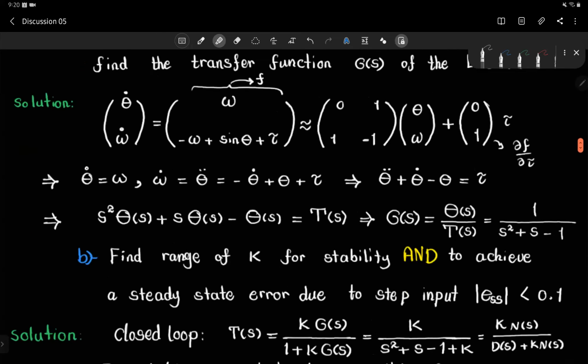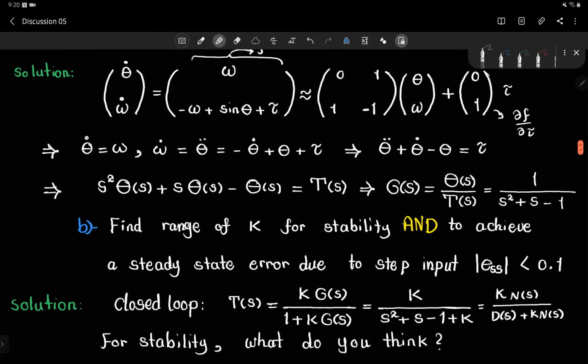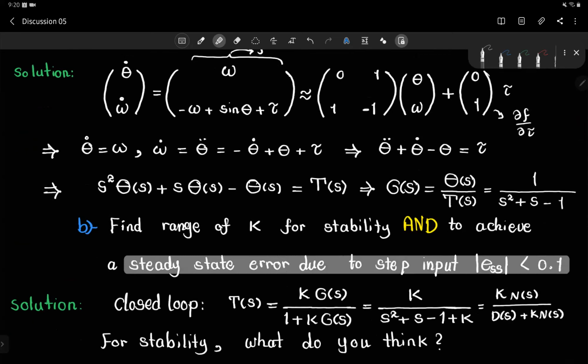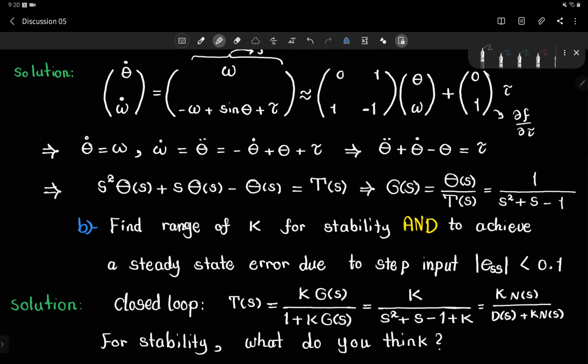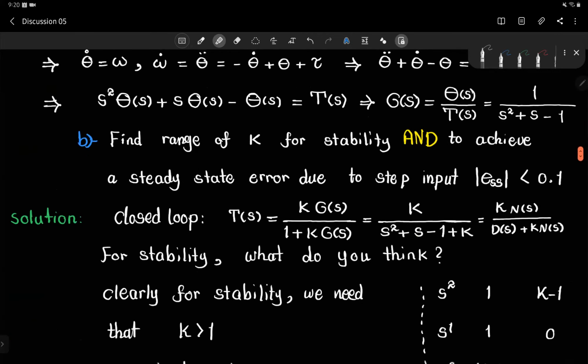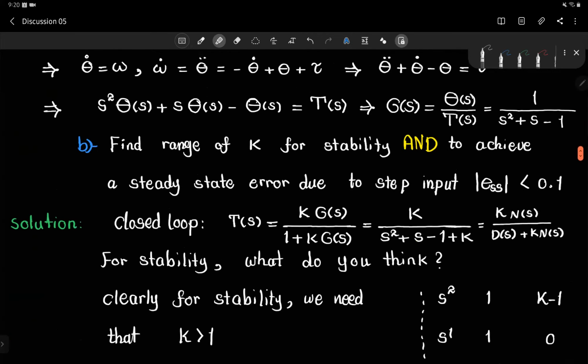We want to find the values of k so that we have stability, and at the same time achieve a steady state error due to step input that is less than 0.1. Okay. So the solution, first we write the closed loop transfer function, which is k times G of s